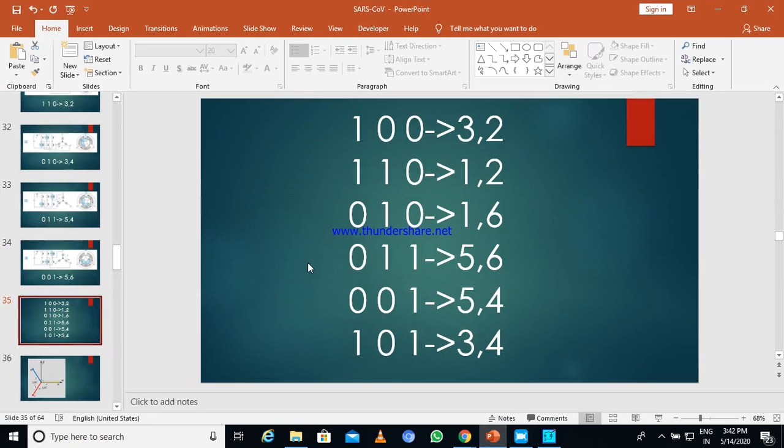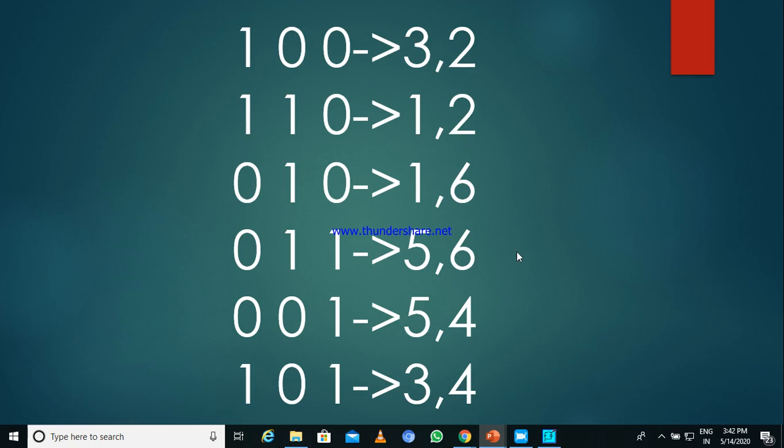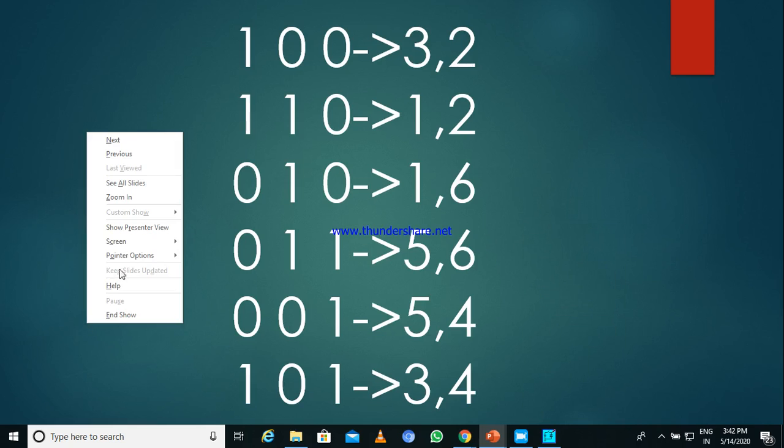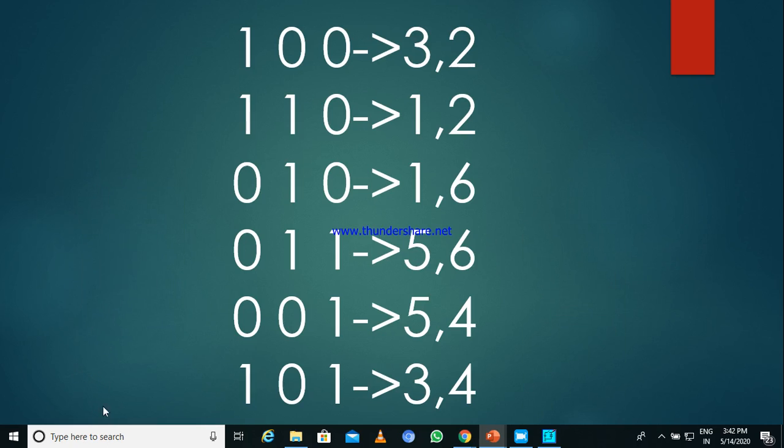So now you see, I am going into slightly more detail because we need to